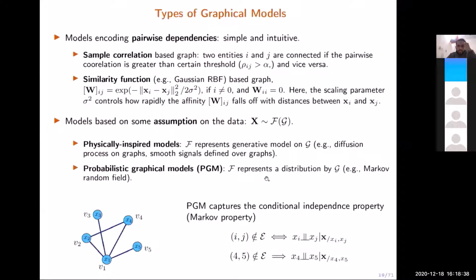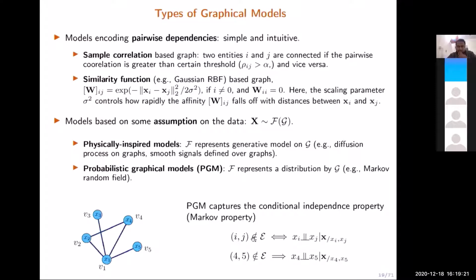Next are probabilistic graphical models. A probabilistic graphical model simply says that the outcome of the data corresponds to a certain probabilistic distribution model. In that distribution model, the independence is inherently captured. So one example here: suppose this is a graph, and in terms of independence, it captures the Markovian independence. So a PGM captures the conditional independence property. If in the distribution model two variables are conditionally independent, then there will not be an edge between the two vertices in the represented graph. So with this model, we capture the conditional independence of the two variables.